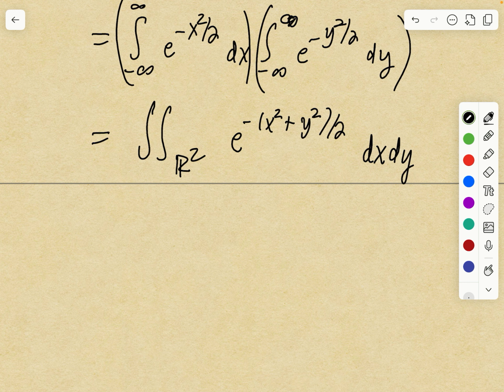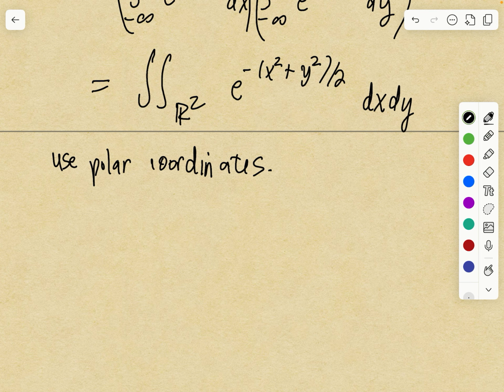So you're doing the integral of this function over R2. And then to do this, we can use polar coordinates. Right, so this is an improper integral, and I'm sweeping some things under the rug, but it turns out that we can do this. We can use polar coordinates, so we integrate